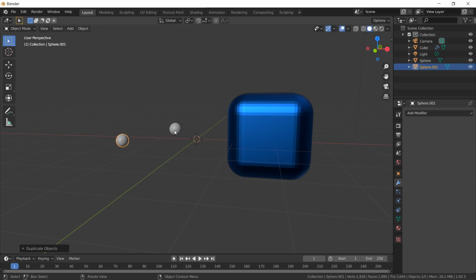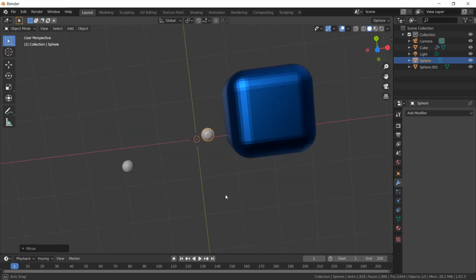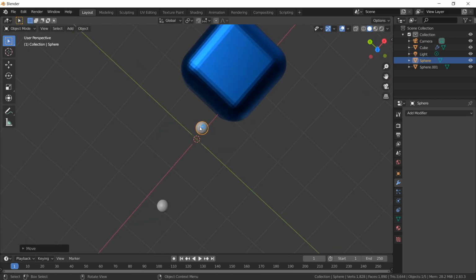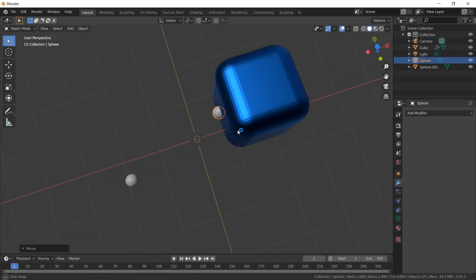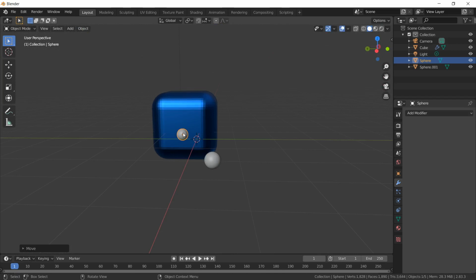I will take this sphere to one surface of the cube. I will select it, press G and take it to one place. I need it to be at the center, so it becomes like 1.